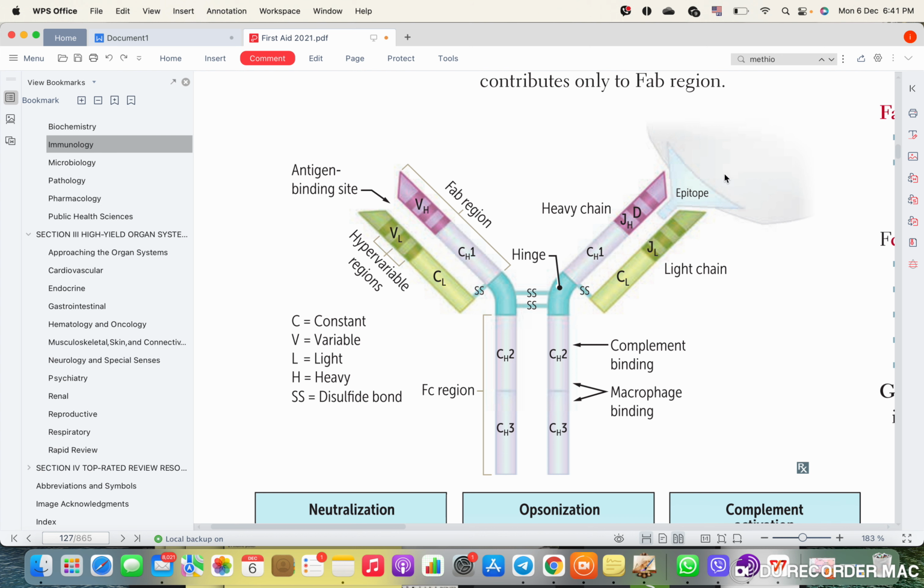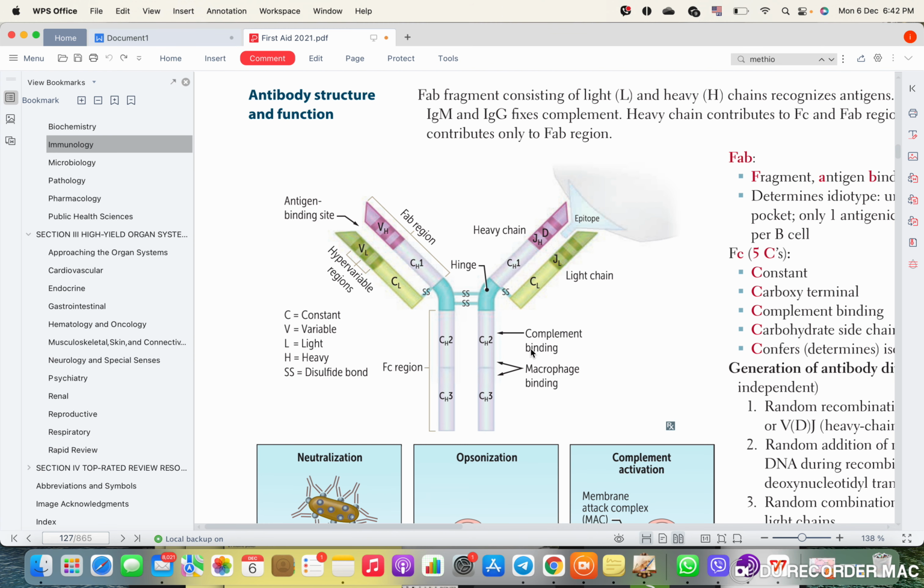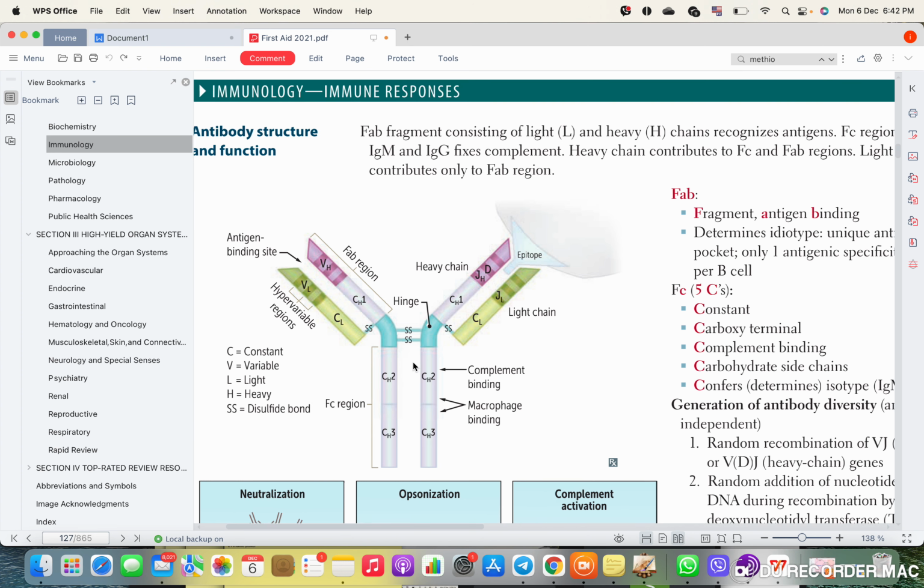So again, the Fab region binds to the antigen. This is the bacteria. This is the antigen that has the epitope on it, which is the thing that helps you identify the bacteria. And then you have the complement binding site, which is located at the FC region, and you have the macrophage site, which is also located at the FC region. Okay,